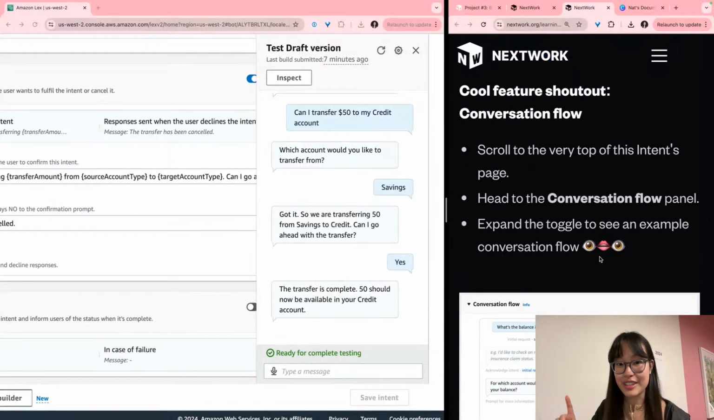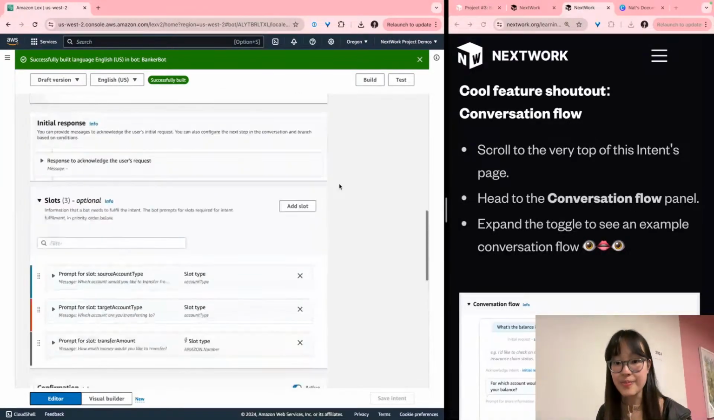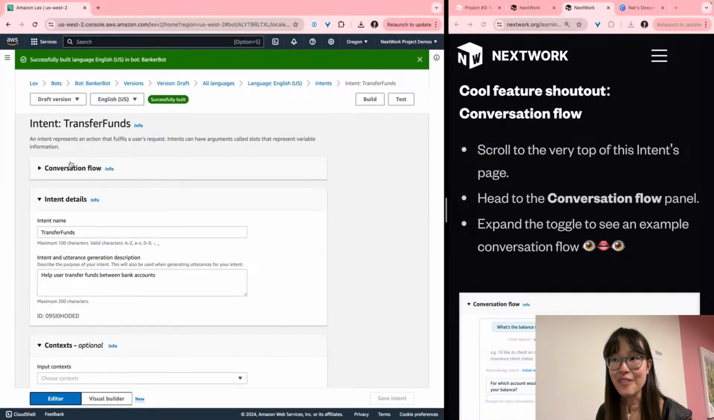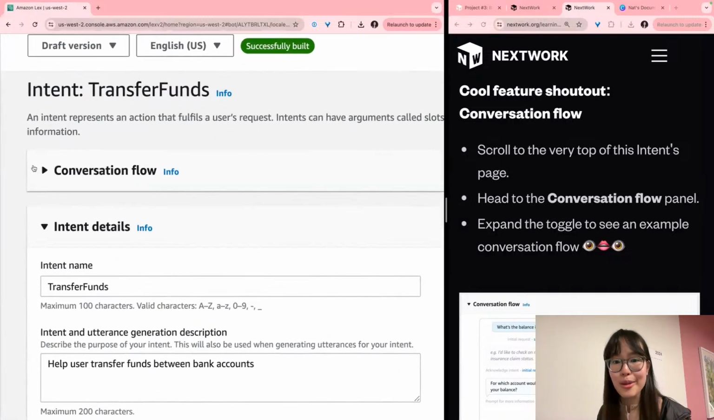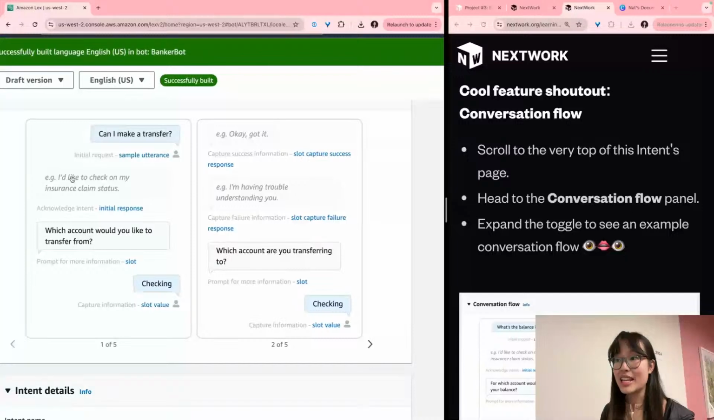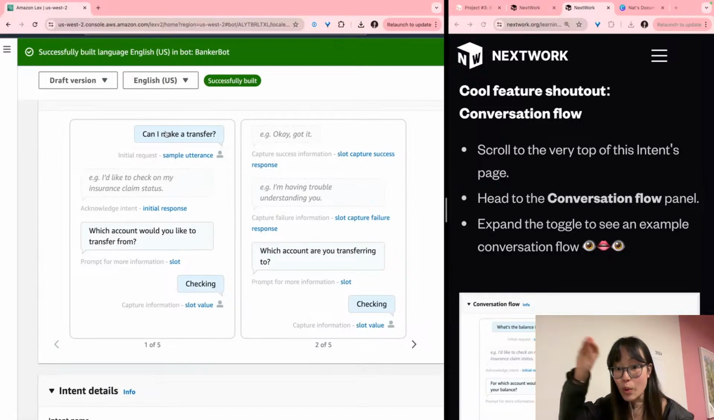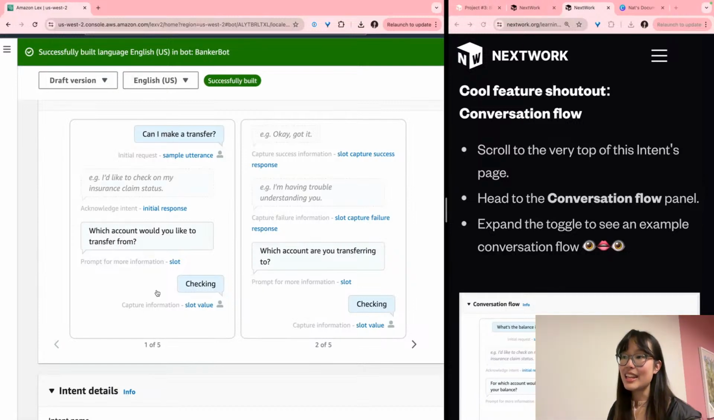Now, for our cool feature shout out, we are going to check out conversation flows. So we can scroll to the very top of this page and find conversation flow tucked in here. I don't know why they tried to hide this feature, because it is so cool. It is basically showing you in a very visual way an example of how this conversation could go. In this case, what were the utterances that we put in? It will pick one out from that list, and then it will also